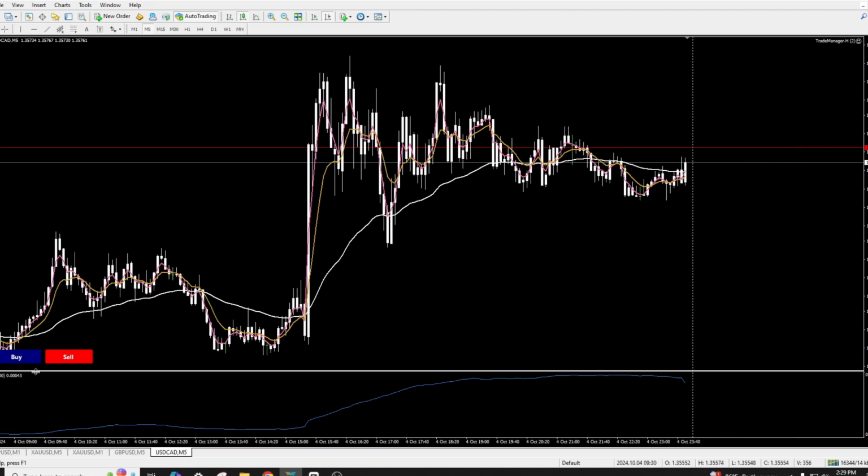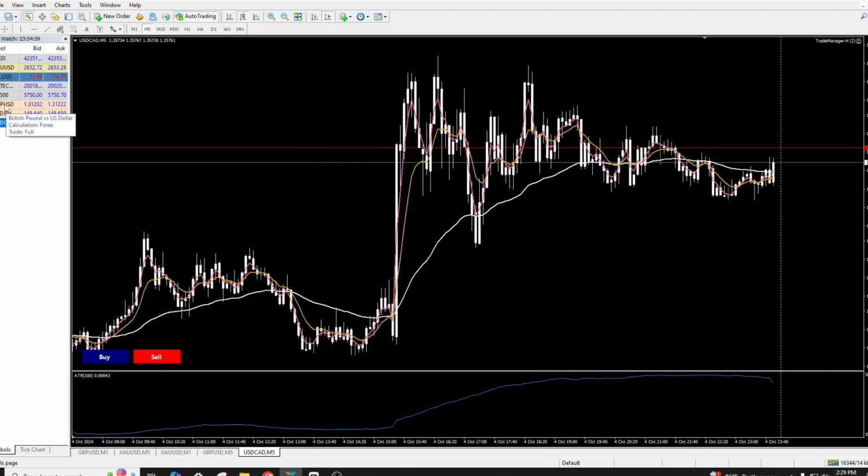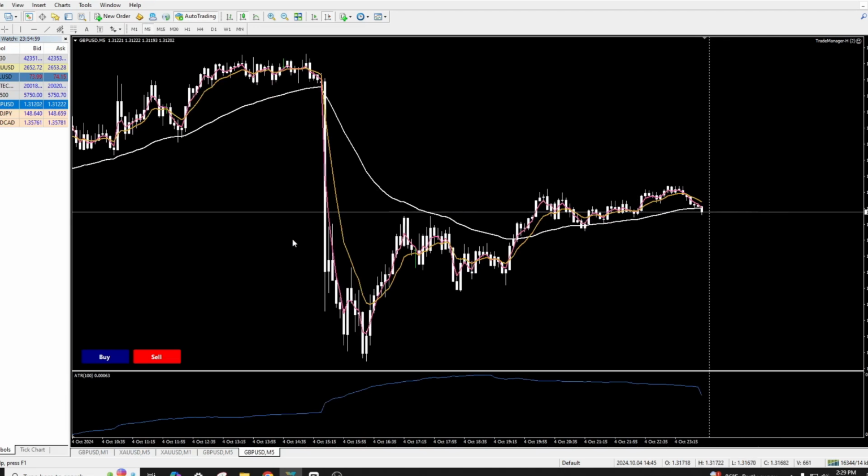So I'm setting my risk according to this, depending on how much I want my stop loss to be. Say I want my stop loss to be two times this, it's going to have my stop loss be two times this. But I also want to show you, like I said earlier, we're on USD CAD right now. Let's go to GBP USD. On GBP USD, the average true range and the movement is